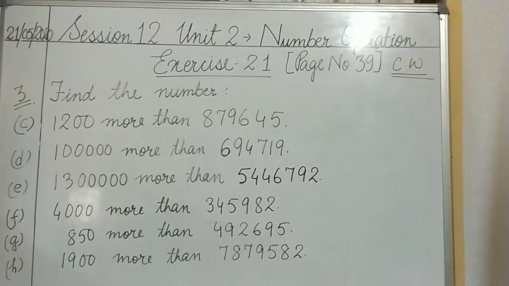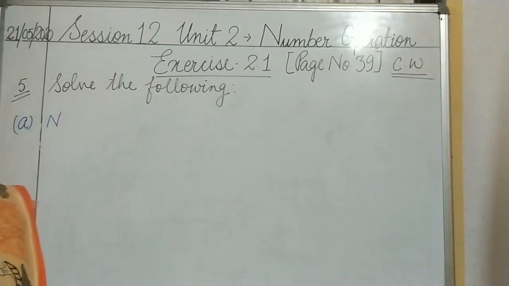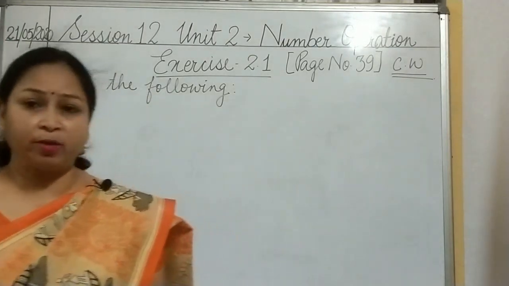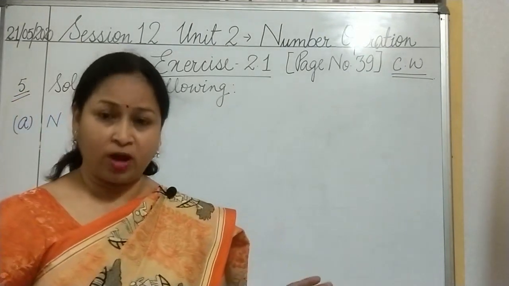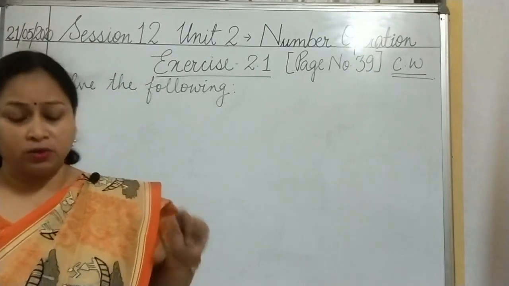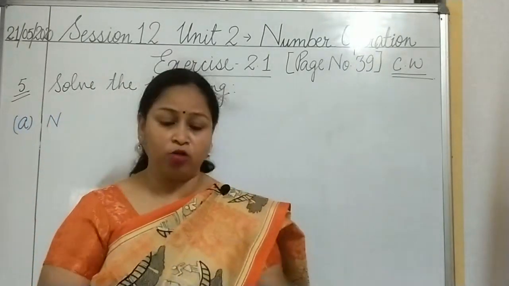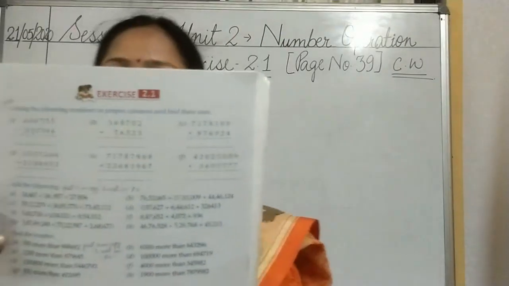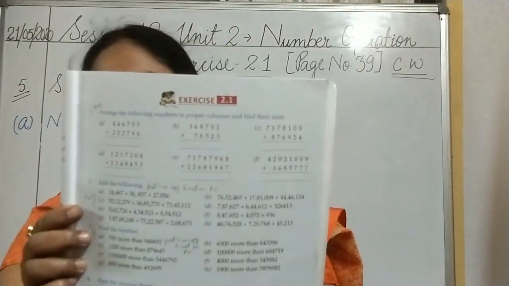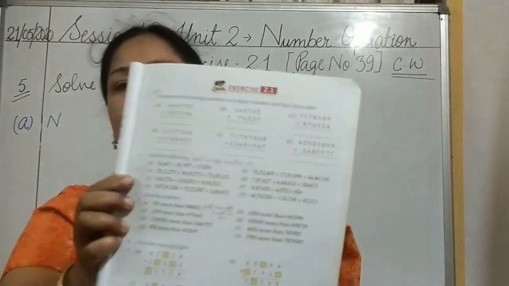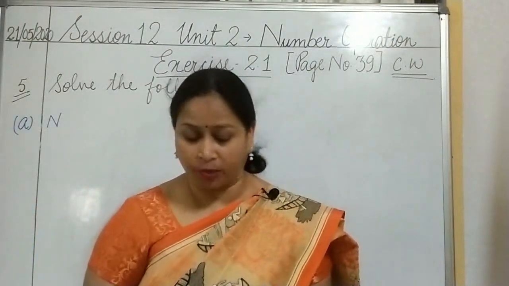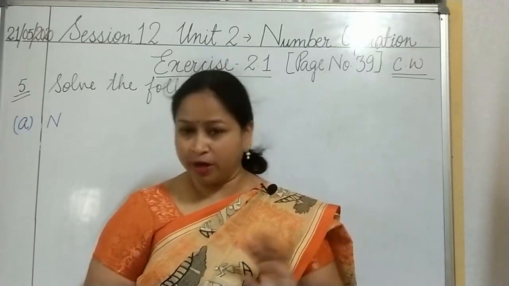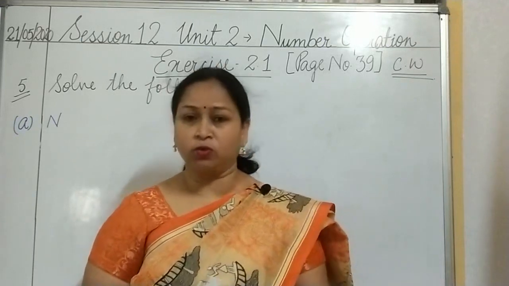Okay, children, we are doing these fundamental operations. I have already explained question number 1. You have to do it in your book. Since it is very easy and the question is already given in your book, the space is there, so you can write down the answer in the book itself. Then question number 2 and 3 I have explained, and I have told you to write in your copy. Then question number 4, need not write that, just skip it, put a cross over there.